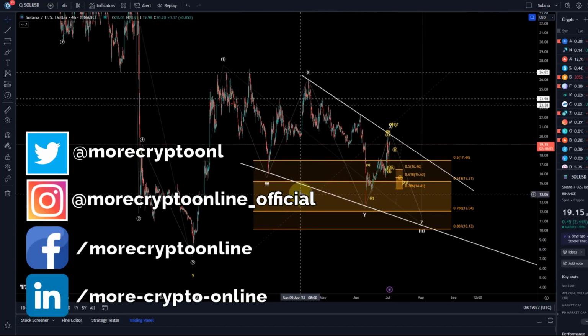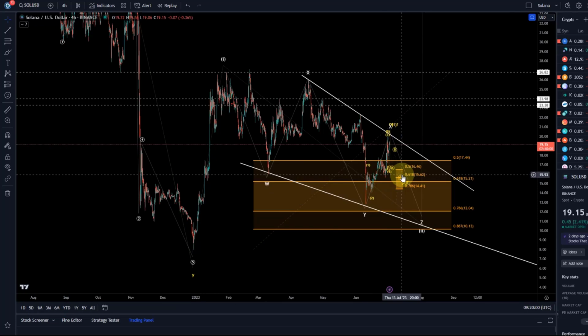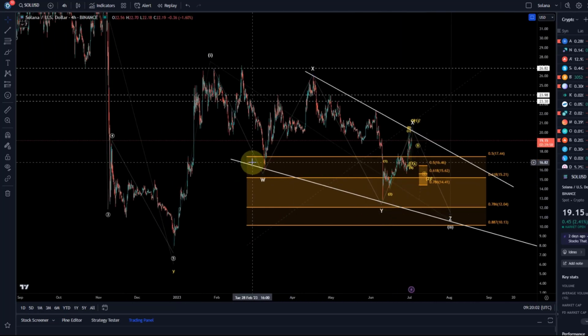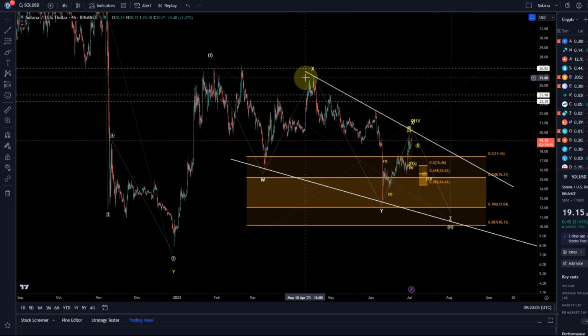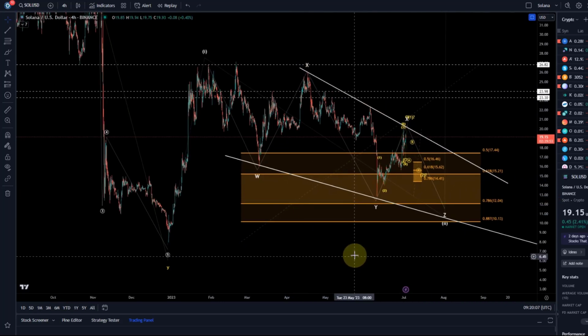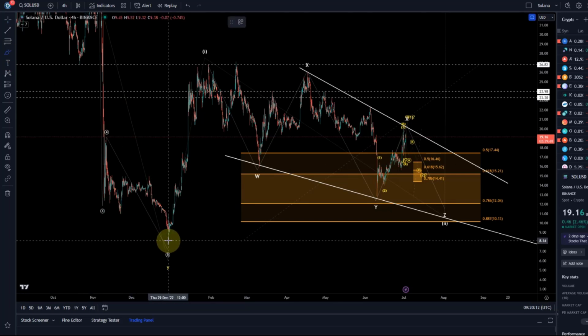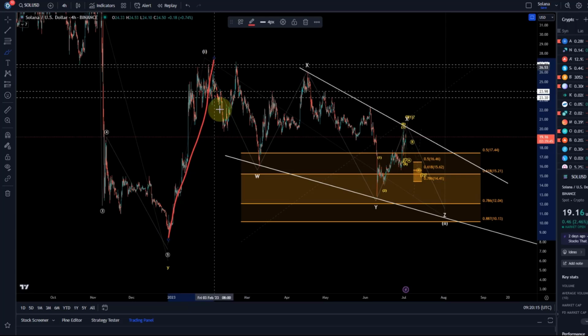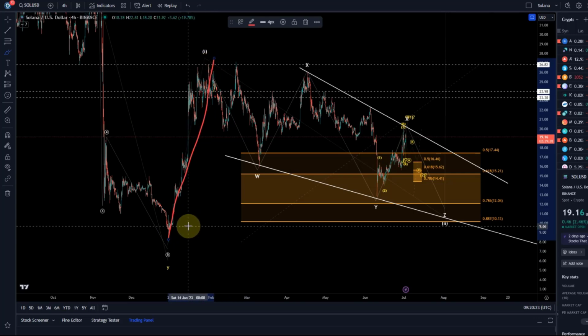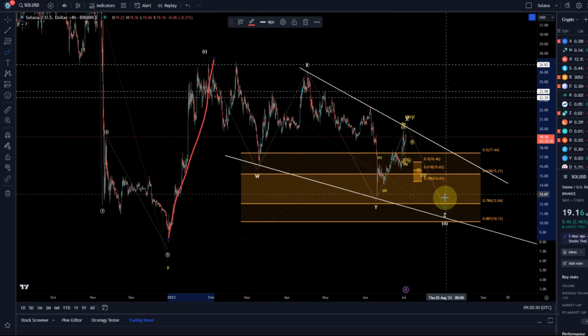We start on the 4-hour chart, just taking a zoomed out view. We can see that Solana is moving in this descending wedge. We are still tracking an overall bullish scenario, because I personally like the way this move to the upside looked like an impulse between the end of December and January. Not the most beautiful impulse, if you look at the subdivisions and how the Fibonacci extensions can be used, but it's okay. And then yesterday I changed the subwave structure for this wave